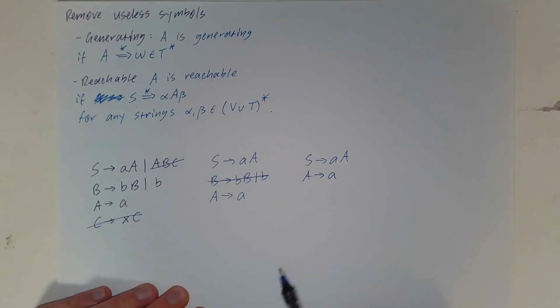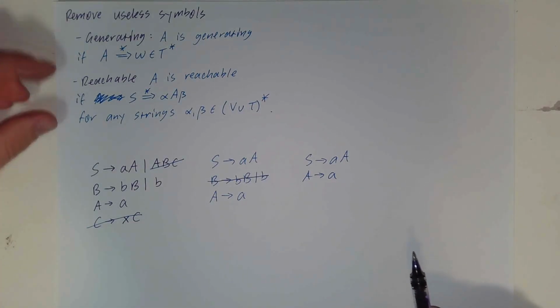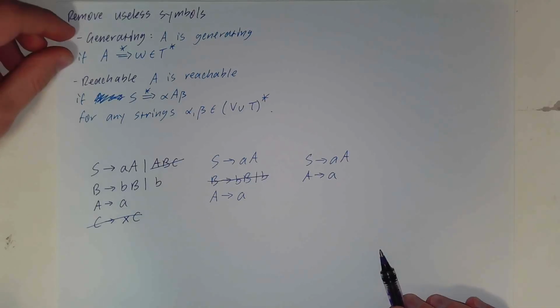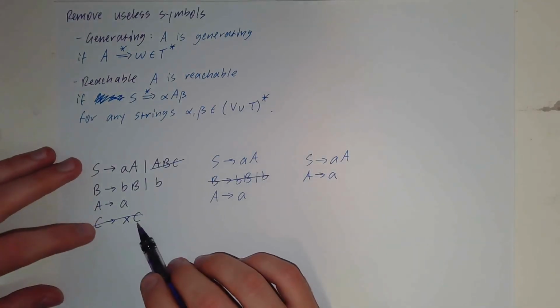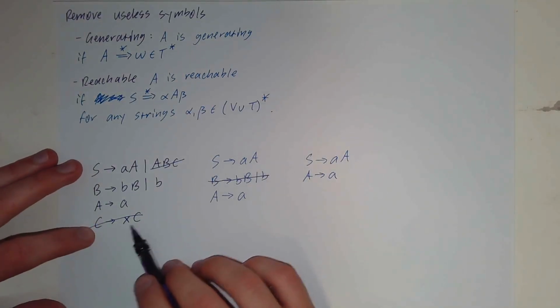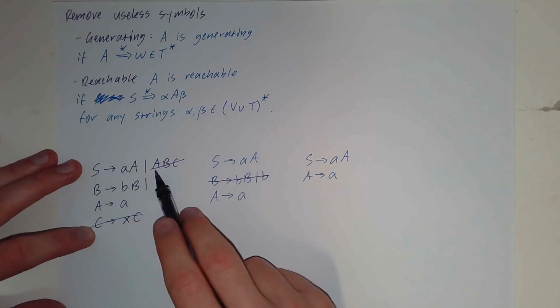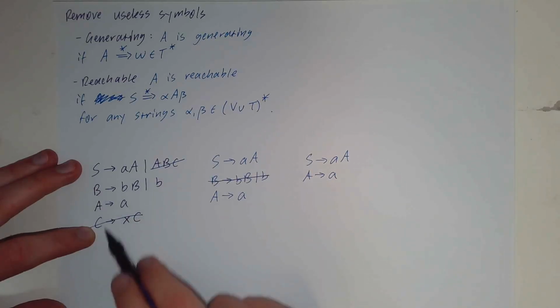Note that it's important to do it in this order. Let's see what happens if we try to do it in the reverse order. If we try to remove the non-reachable symbols first, and then the non-generating symbols. So we'll take our initial grammar that we had. Well, it looks like everything's reachable, right? S is trivially reachable, and S goes to A, B, and C, so all these symbols are reachable too,